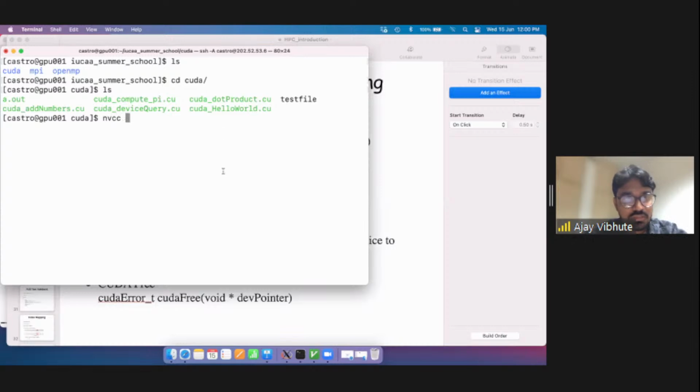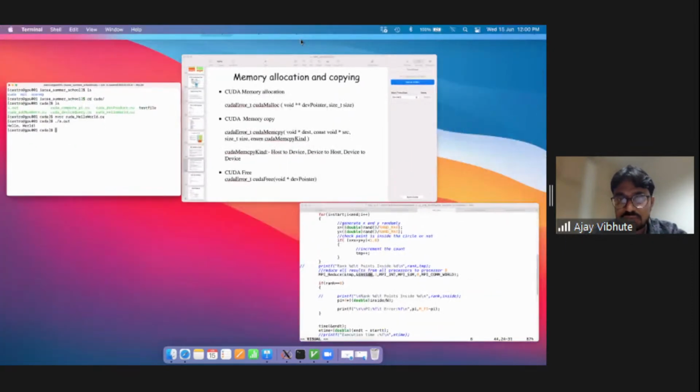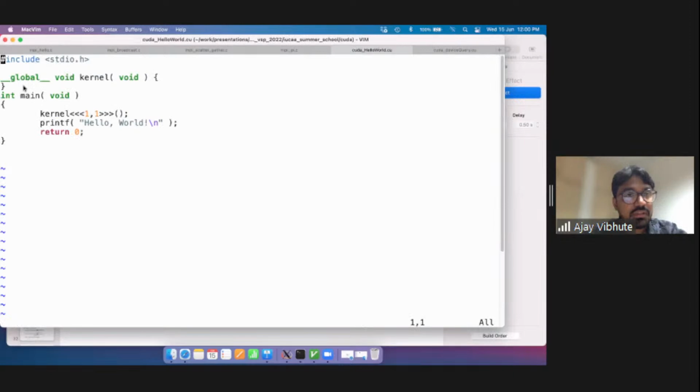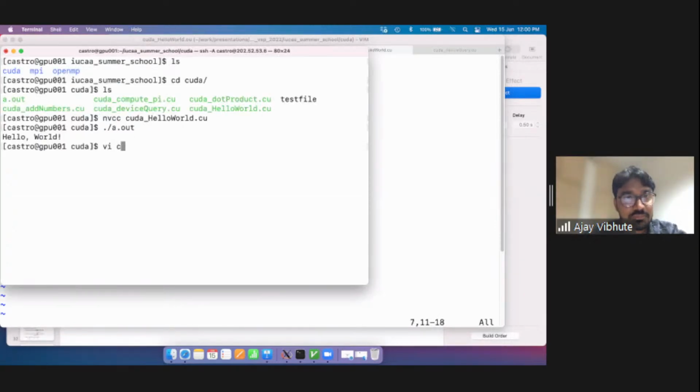So first we'll compile the hello world. The code for that is here. Yeah, it's the same thing which I showed earlier. We have __global__, and we have kernel, which is the name of the function. It doesn't accept anything, and we have void as the return type, and we are calling one block and one thread per block. Now, what if I say,